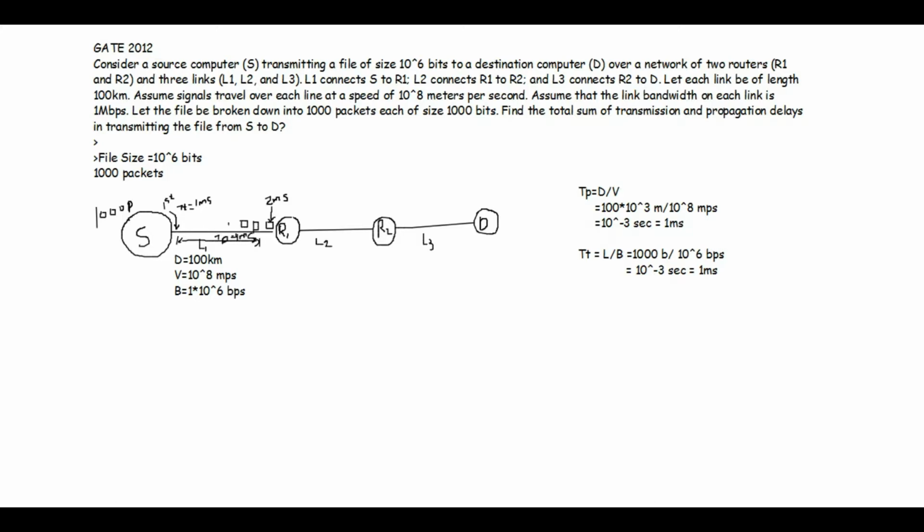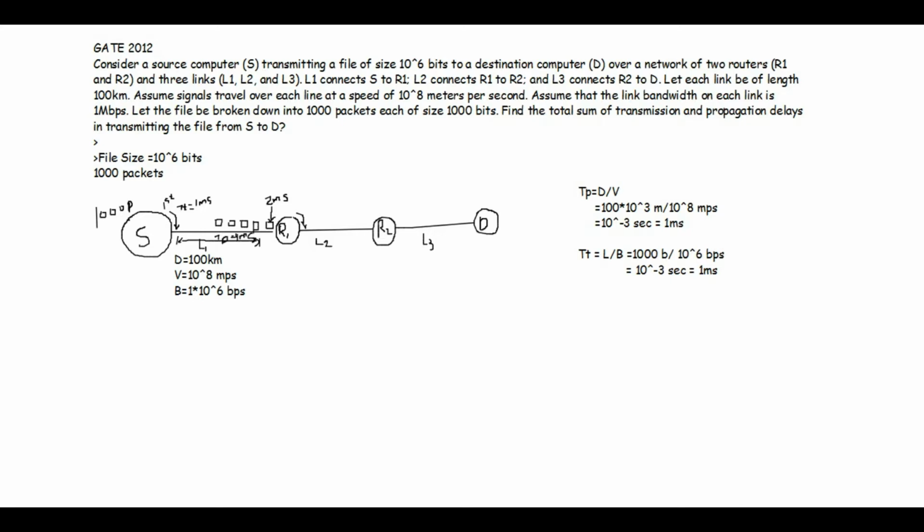Okay, so when the first packet is transmitting, or on its way to router 1, the remaining packets are also following the first packet. Means they are also being transmitted onto an outgoing link. So the first packet is at router 1 after 2 milliseconds. Okay, so after reaching router 1, that packet is again transmitted onto an outgoing link, and